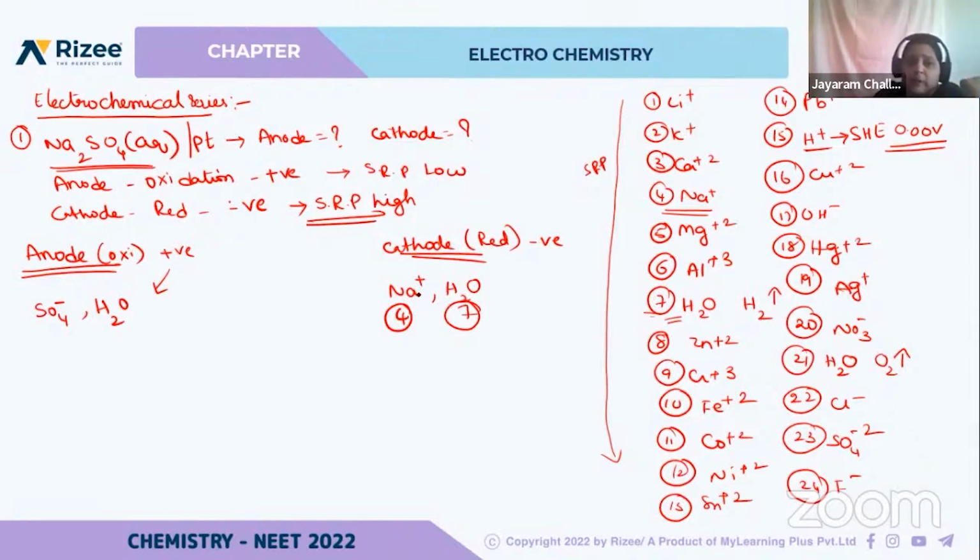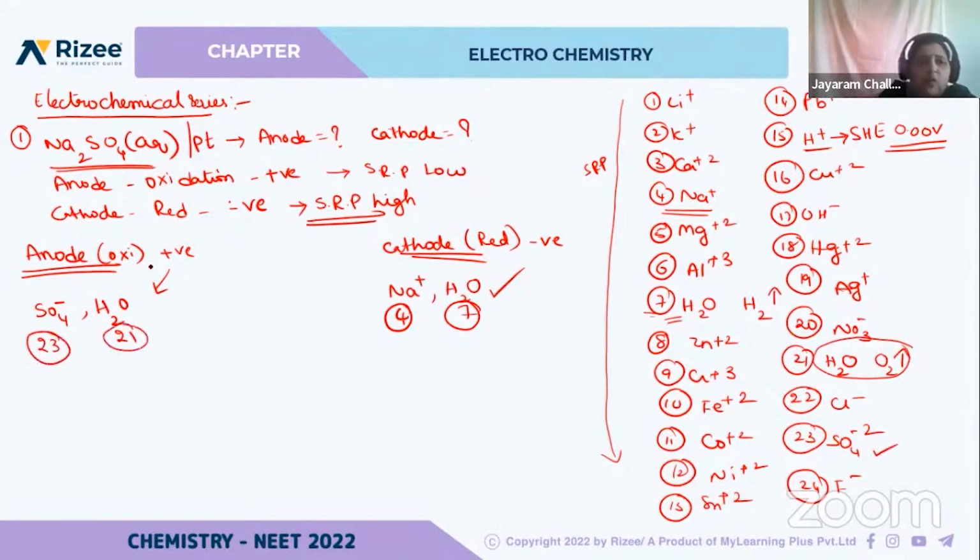So instead of Na plus, water undergoes reduction. Now considering SO4 and H2O, here water comes in oxidation. Where is that water? Here. The number is 21. SO4,